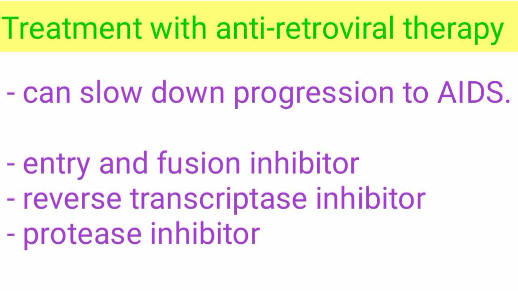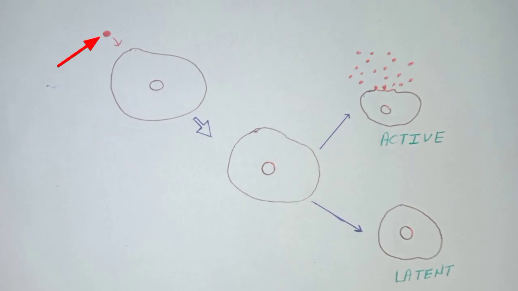Antiretroviral drugs are classified based on their ability to interfere with certain stages of the HIV life cycle. Accordingly, there are entry and fusion inhibitors, reverse transcriptase inhibitors, and protease inhibitors. When HIV infects a cell and inserts its genetic information into the DNA of that cell, it then has two choices. The first choice is to start making more virus right away, and this is what happens most of the time. The second choice is a little more sneaky, and surprisingly, that choice is to do nothing.